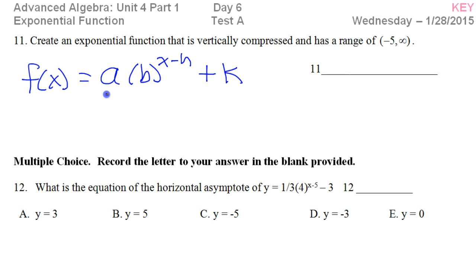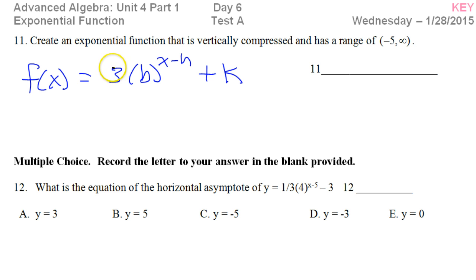The a part is the part that controls whether or not there is a vertical compression or vertical stretch. If this a value is bigger than 1, for example, if this was a 3, that would be a vertical stretch by a factor of 3. But if it is less than 1, not including the negative sign, which would be a reflection, which is a whole other thing,